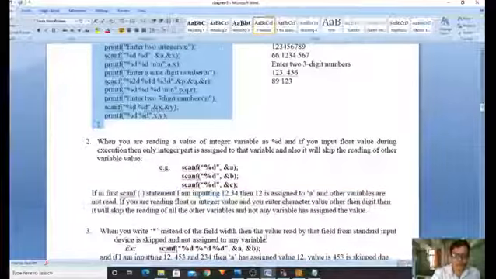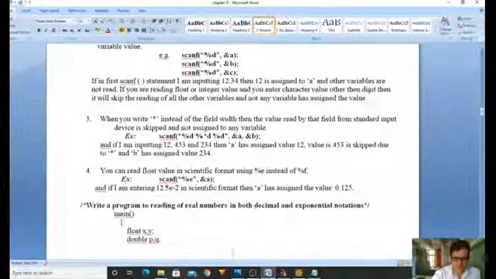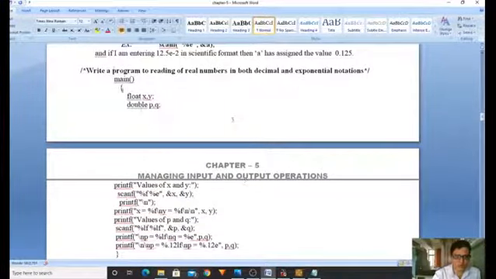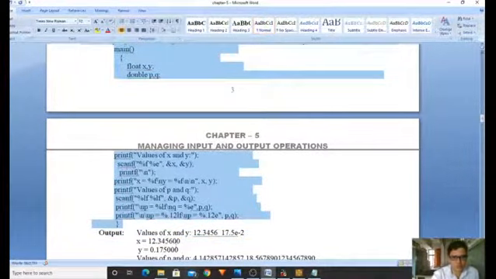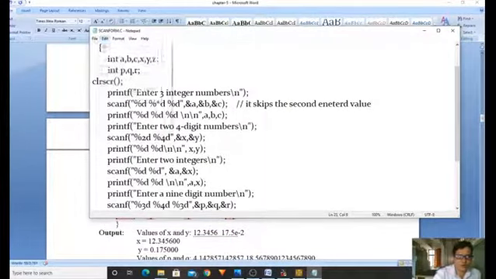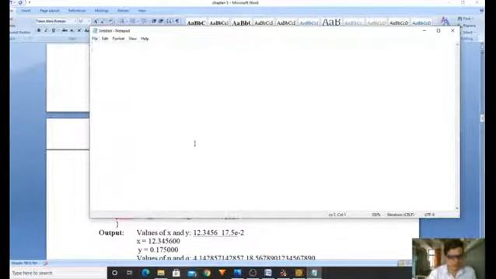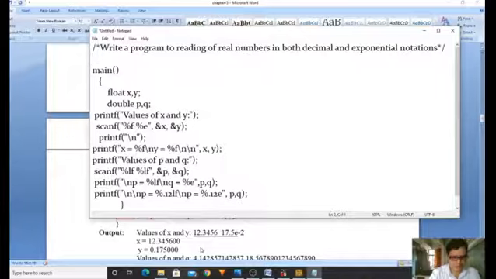Now I am coming here. Okay, now you are familiar with the second one, and what the percentage star and exponent form are. If I want to display the value in exponent form, I'm copying this. Already we have explained, but let me check once again. Okay, let me copy. I will take a new file and I'm saving. While saving, we have to confirm, are there any mistakes? No mistakes, right? Yes.